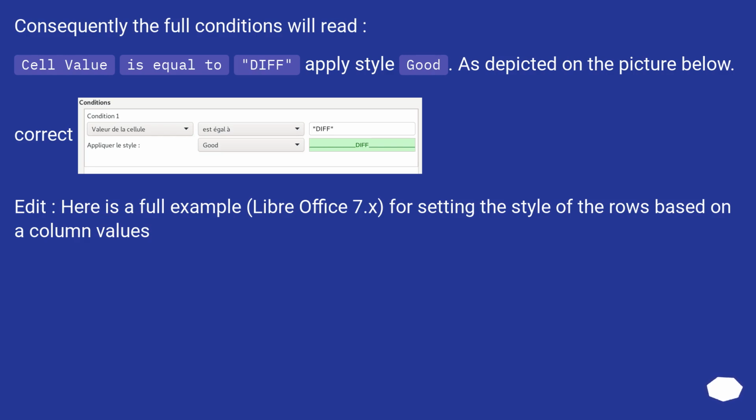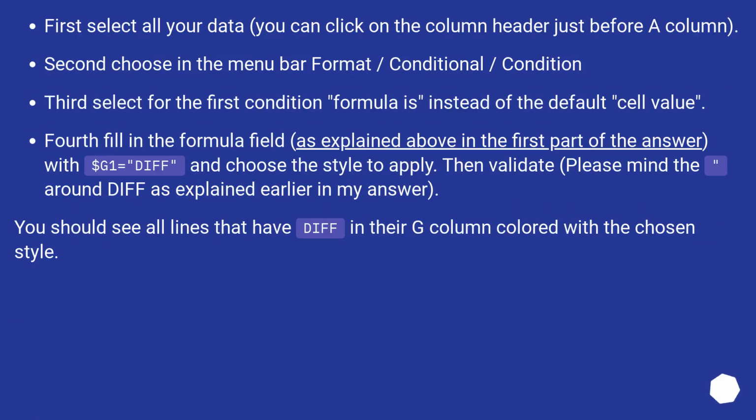Edit. Here is a full example, LibreOffice 7.x, for setting the style of the rows based on a column's values. First select all your data. You can click on the column header just before a column. Second, choose in the menu bar Format > Conditional > Condition. Third, select for the first condition formula is instead of the default cell value. Fourth, fill in the formula field, as explained above in the first part of the answer, with $G1="diff"